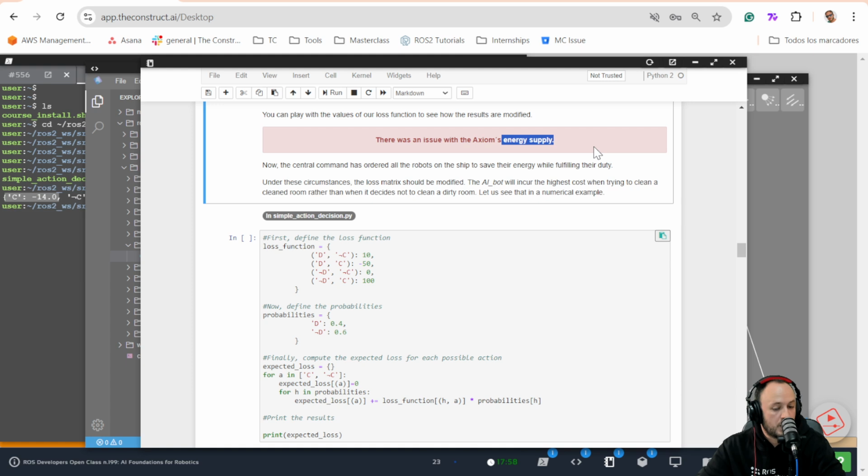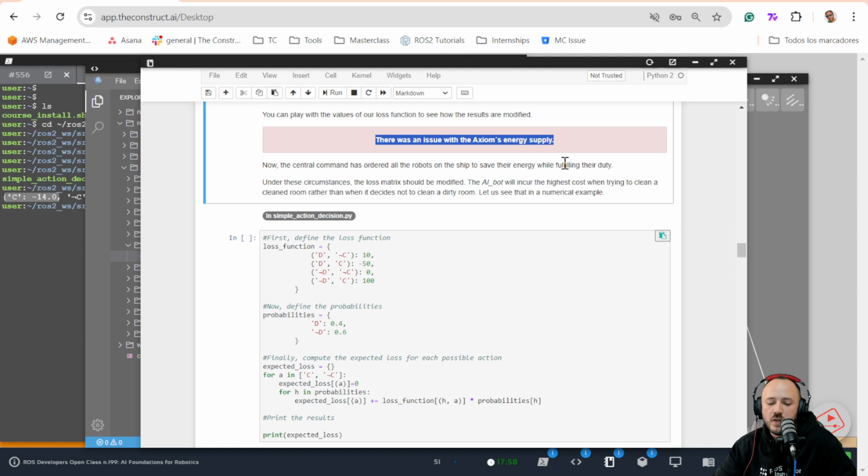So our Axiom spaceship is now entering emergency mode because it has a very low energy supply. What does this mean? This means that we want our robot to optimize as much as possible its energy resources, yeah? Then, in order to